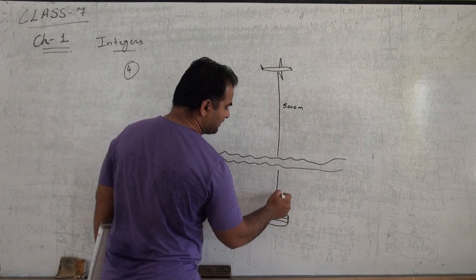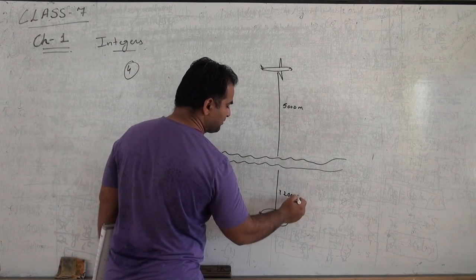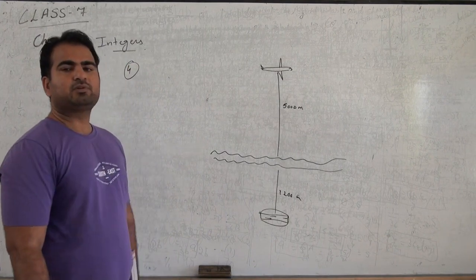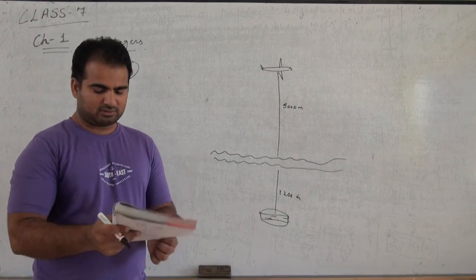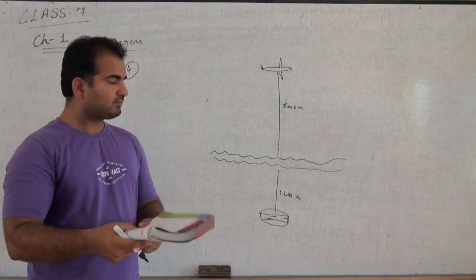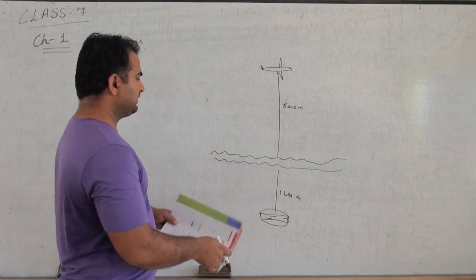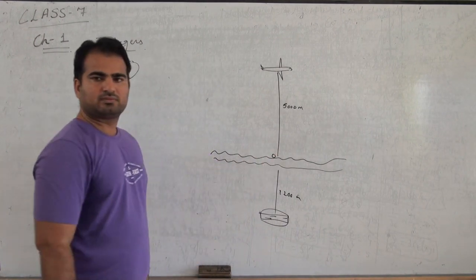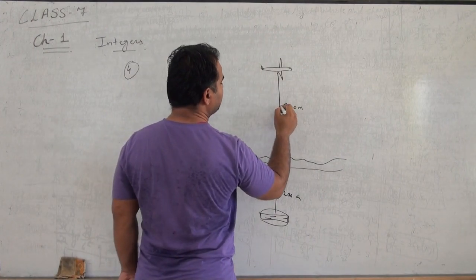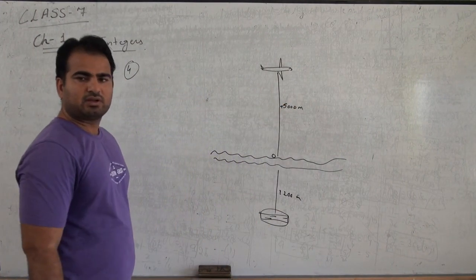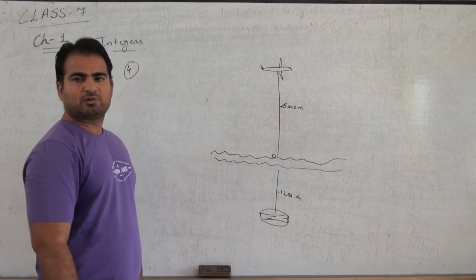It is 1200 meters. What we have to do is find the difference of the height, the distance, between the plane and the submarine. So this is the zero level. As the plane is flying above sea level, we can take it as plus 5,000. And the submarine is below sea level, so we take it as minus 1200.